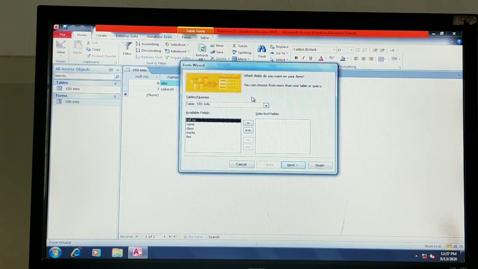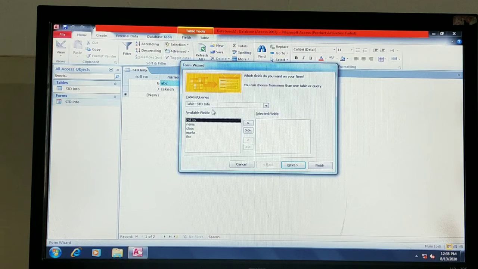Here we have one more window, that is the form wizard window. We have already discussed all these things while creating the first form. This is the student info table, the table name, and whatever fields we have in this table are available here. The available fields of which table?